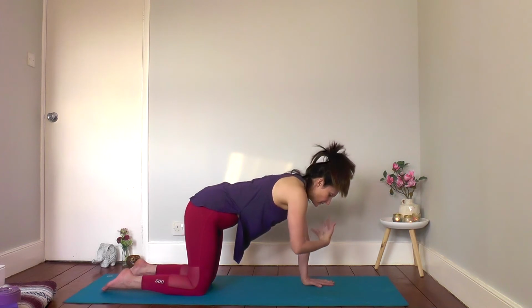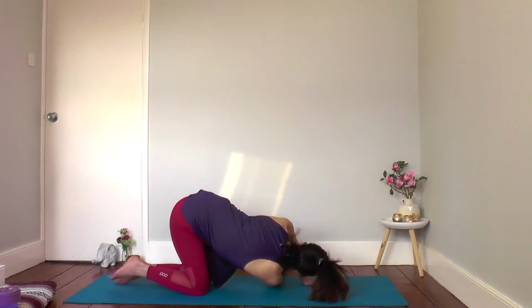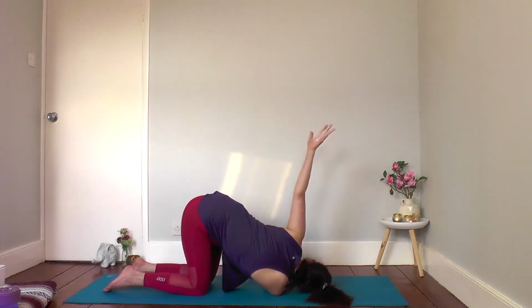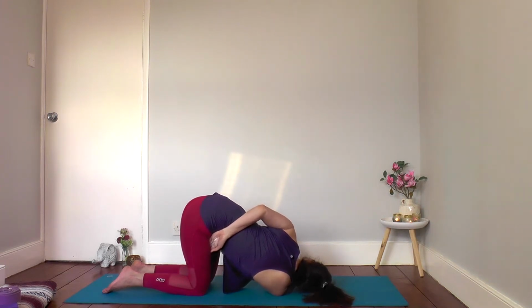And then on inhale, right arm lifts to the sky, and exhale, just bring it under. Right shoulder comes down, right ear comes down for thread the needle. You can tent the left fingers on the floor, or if you want to go a little bit deeper, inhale this left arm up to the sky, bring it round, see if you can grab inside the right thigh. So this just gets into the left shoulder a little bit deeper. You don't have to do this variation. Just breathe here. If you can't hook the hand, you can just rest it on